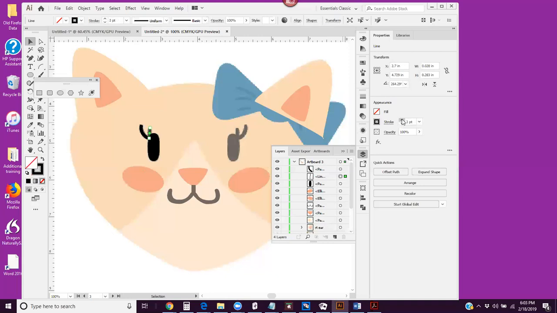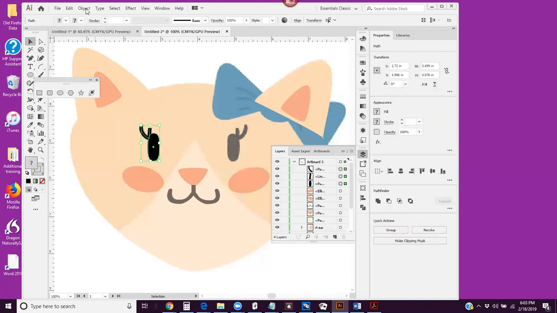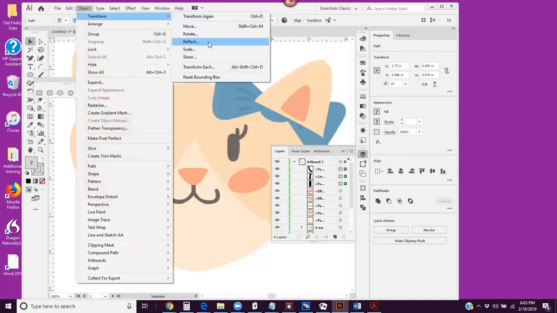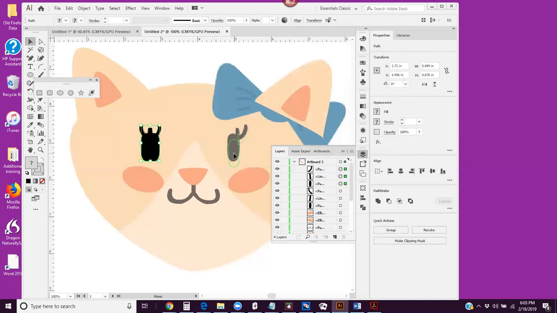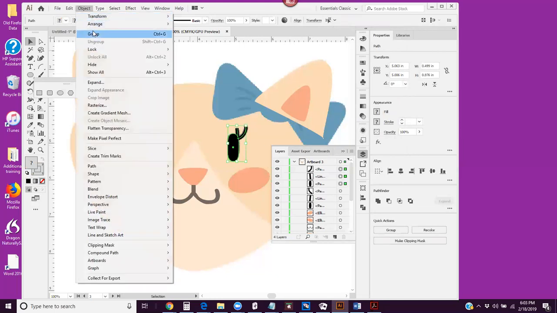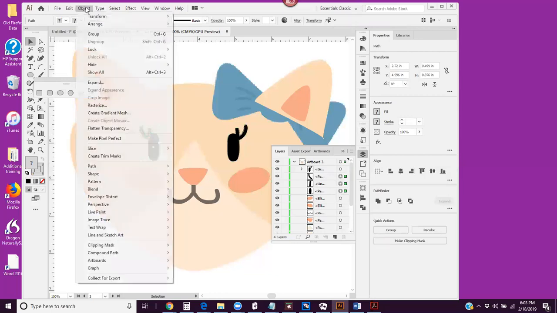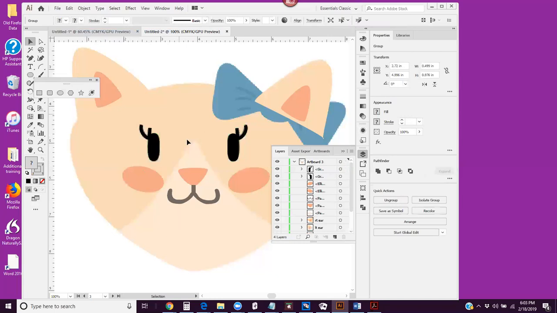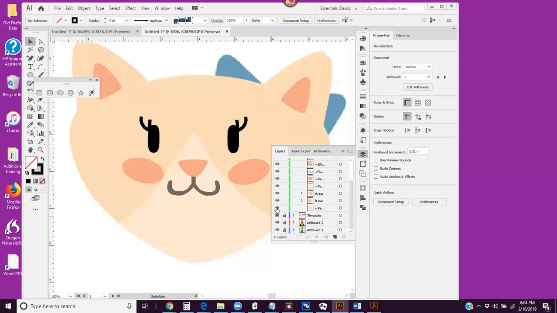Alrighty then, it doesn't want to play, so let's do it this way. Cut the eye. Transform. Select. Copy. The thing I can do is always group the eyelash, so I can go to Object, Group. The same thing with this one, just so I can move it around and not worry about it. There's my little eyelashes. There's my background. So the only thing I would have to do in order to finish this off is to create the